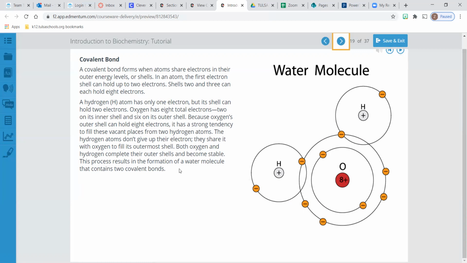So the hydrogen atoms, they don't give up their electron, they just share it, because sharing is caring, right? So usually oxygen only has 6, but then it gains this one and this one from 2 other hydrogen atoms. Both oxygen and hydrogen complete their outer shells and become more stable,